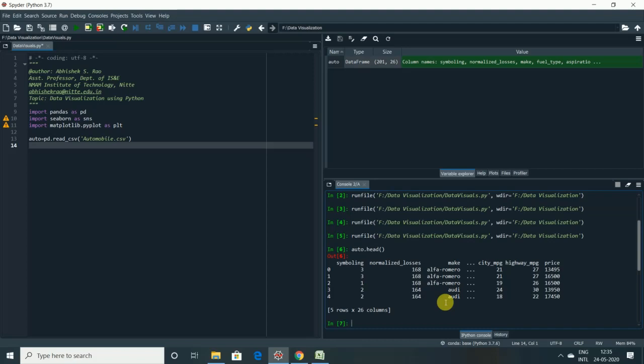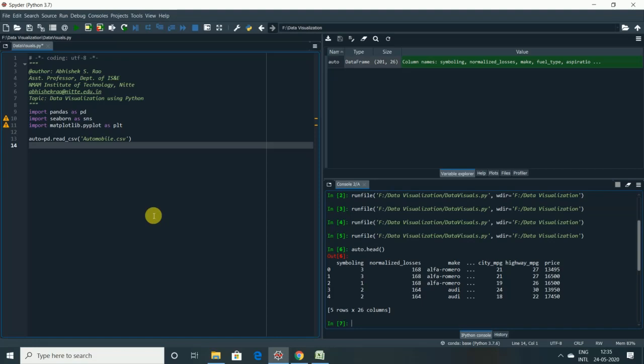So the very first visualization, for understanding how the distribution of the data is for a single variable, we can visualize using a histogram. But for this analysis, I'm going to consider it as a dist plot. Okay, so let me see what this dist plot is all about. Dist plot is also known as distribution plot. These dist plots are used to do univariate analysis, which I already mentioned, on continuous or numerical data. Continuous or numerical data, right?